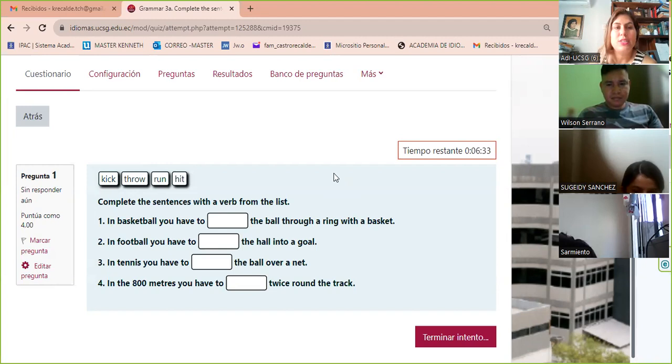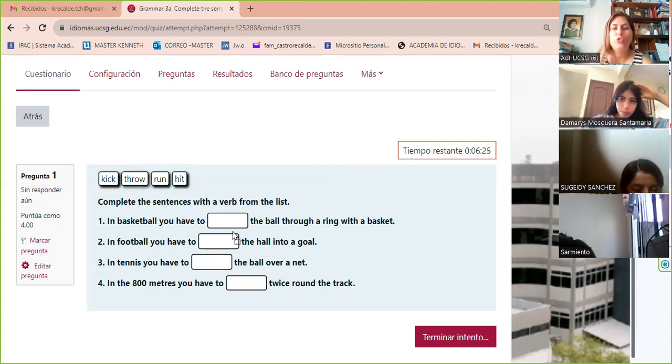Okay, let's see. So the first one, in basketball, you have to throw. You throw the ball through a ring with a basket. In football, you have to kick the ball into a goal. Kick the ball, not the hole. Here is a mistake. Hit the ball. In tennis, you have to